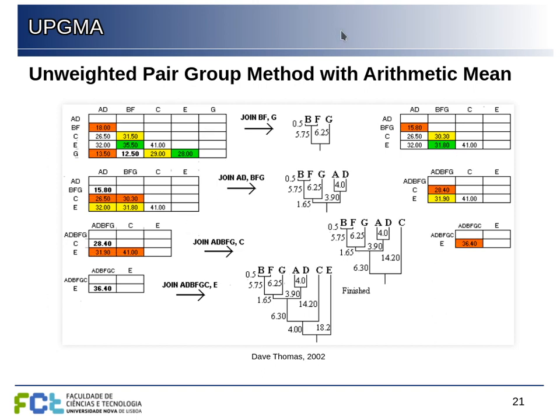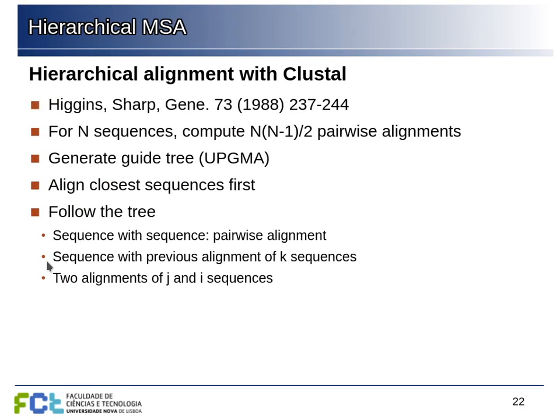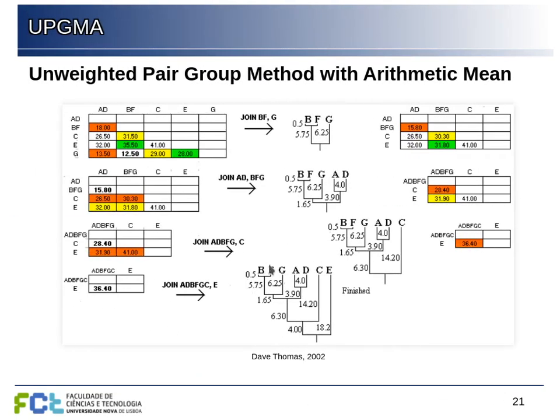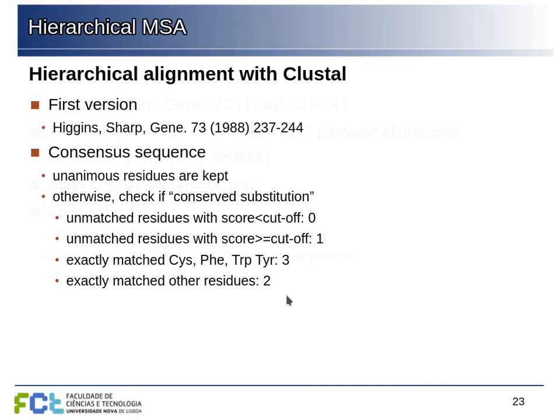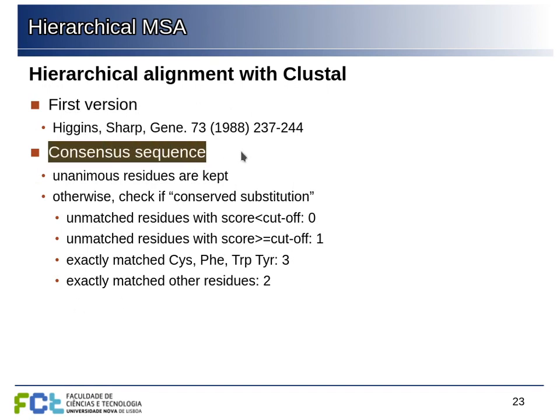And then sometimes we're going to have to align either two previous alignments. For example, here we have an alignment of BFG and we need to align that with the alignment of AD. So we have two blocks of sequences to align. Or sometimes we have a block of sequences, for example, BFG AD, and we need to align a new sequence here. The way this is done in Clustal is by using consensus sequences. So if we take for each group of sequences in a multiple sequence alignment, we create a sequence that is representative of that group of sequences.